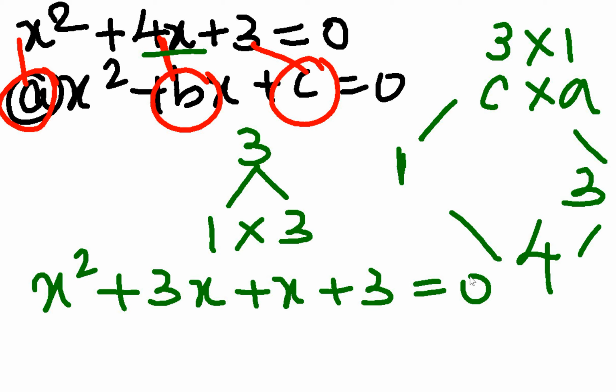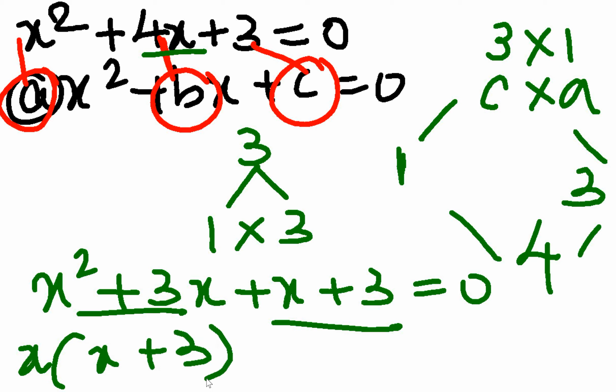So, let me try to figure out something which is in common between these terms. Between the first two terms, I have x common, alright? I can take x common, of course. So if I take x in common, I'll have x plus 3 inside the bracket. And from the next two terms, I can take something in common, but since I have nothing in common, I will choose plus 1. Whenever there's nothing in common, there's always one number in common, which is nothing but 1. So I'll have x plus 3 in the bracket equal to 0.